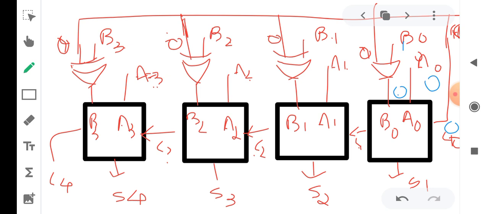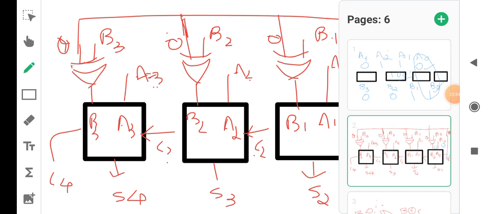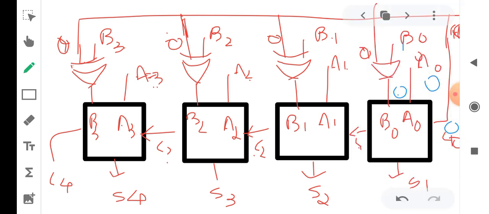When c is equal to 0, z is equal to a, and so that 1 comes here.